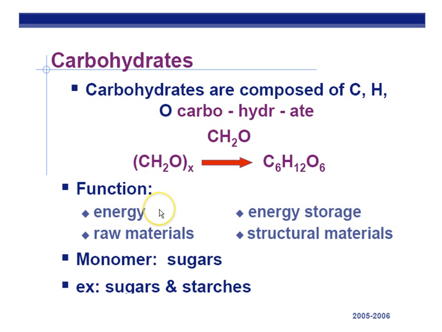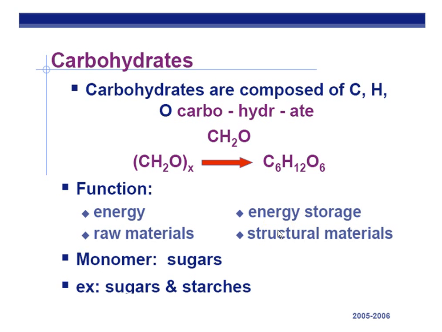The function of carbohydrates is energy. Primarily, glucose is going to be directly used as energy in the process of cell respiration to make ATP. Energy storage: the 2 energy storage molecules are glycogen and amylose, also called plant starch. Raw materials like glucose can be strung together to make structural materials like cellulose. Cellulose is the main cell wall component of plants. Also, structural materials like chitin are made of modified glucose that will make up the structural cell walls of